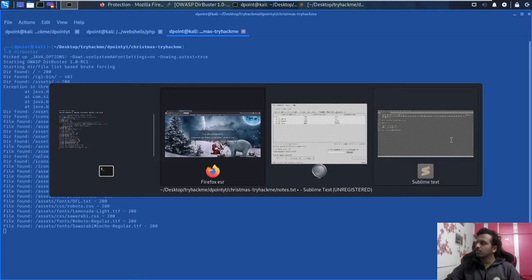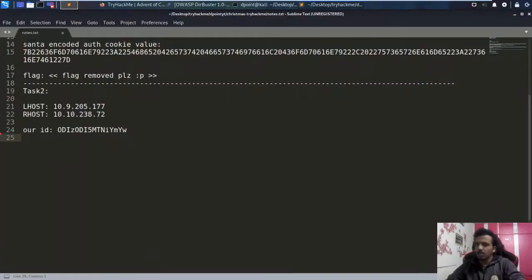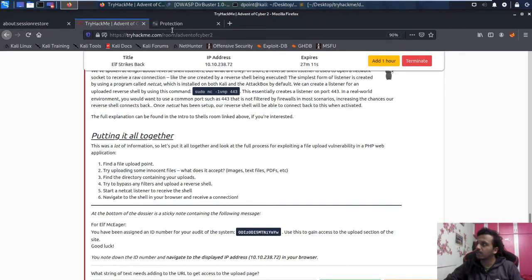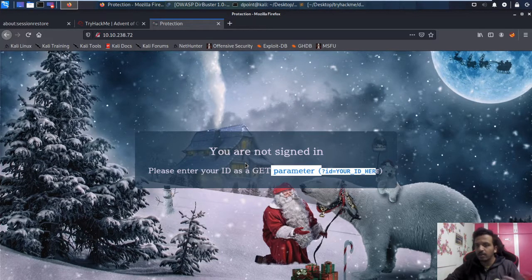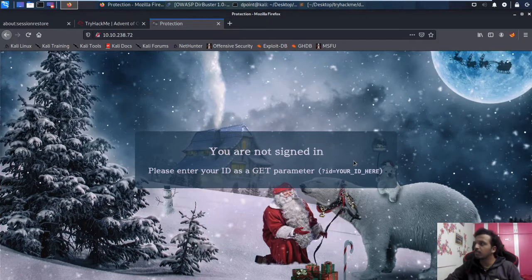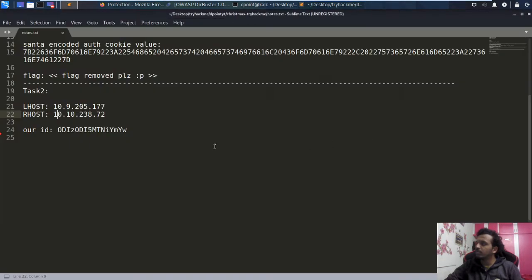Let's open Sublime once again. I had to restart my VM because it was stuck. So basically where we were, this is my ID and this is my remote host. The URL will become this, because as of now I need to give my ID here. If I don't give the ID, the default ID maybe does not have access to this page. So our URL will become this host, and after this our query parameter where we'll say that id is this value.